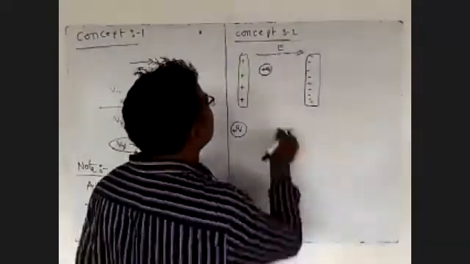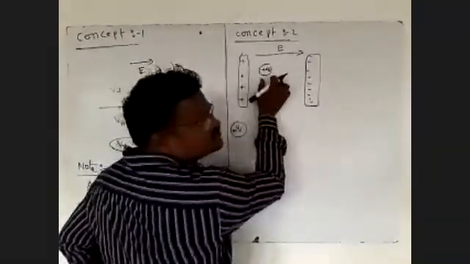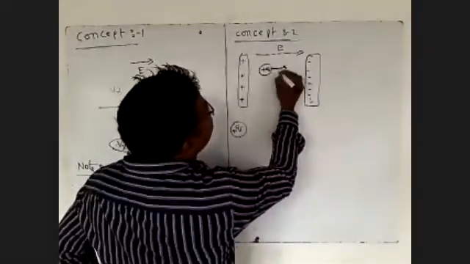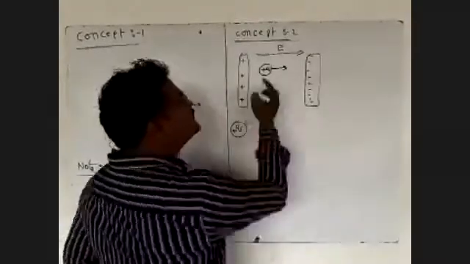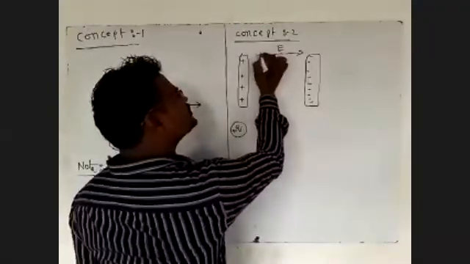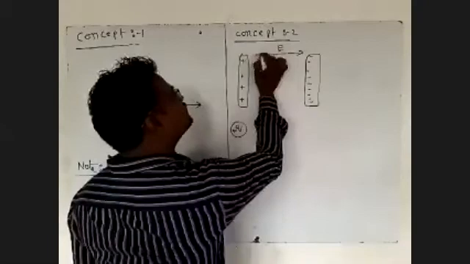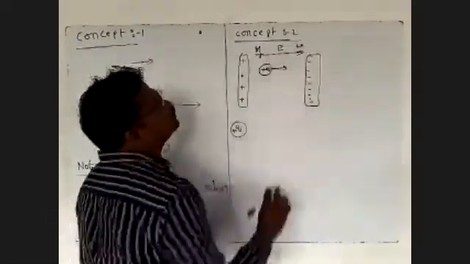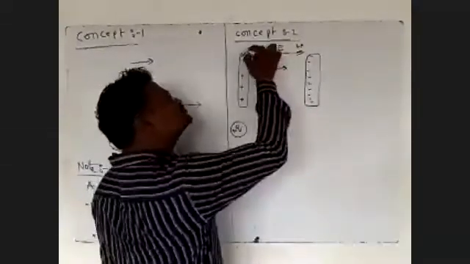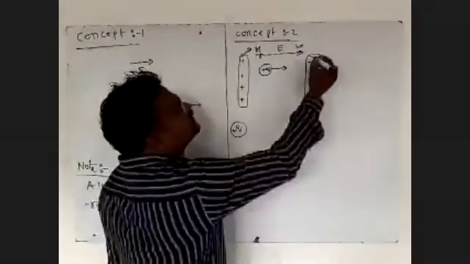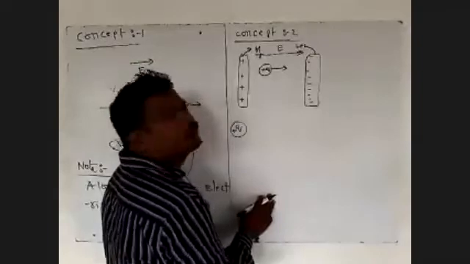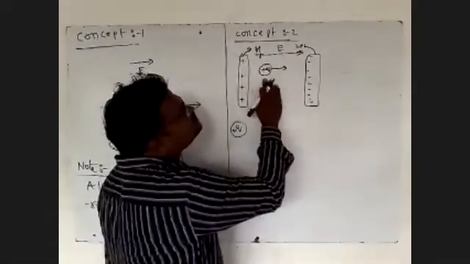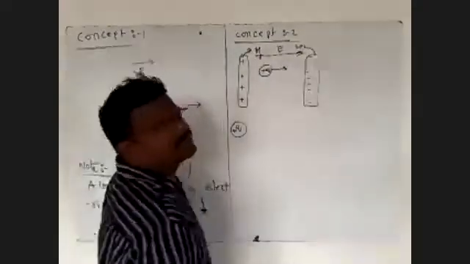This is the positive plate, and this is a positive charge. The positive plate will repel the positive charge in this direction. So this is the tail point, having high potential. This is the head part, having low potential. This positive charge gives high potential and this negative charge gives low potential. The positive charge moves from high potential to lower potential.